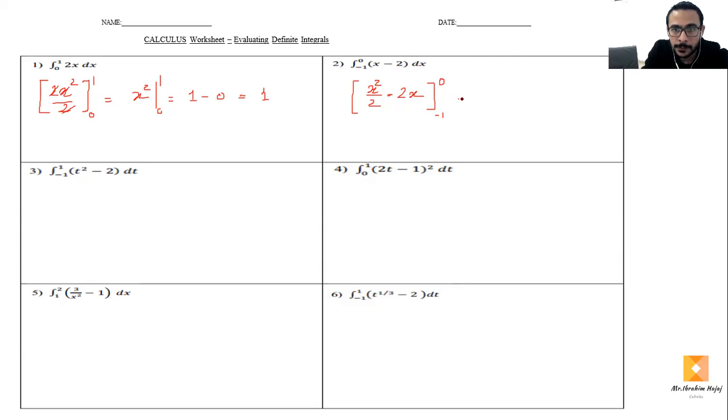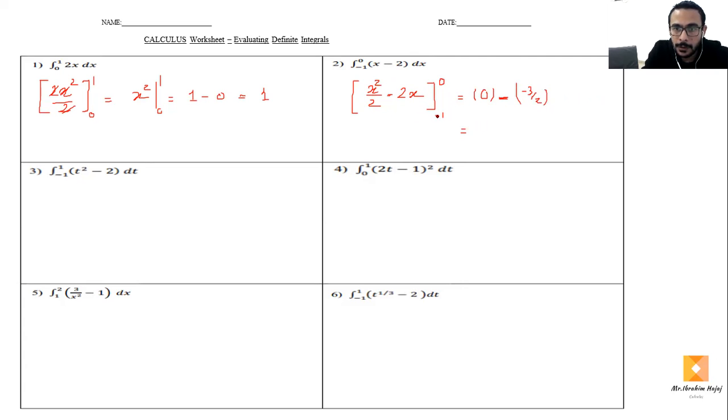We substitute for 0, it will be 0 over 2 minus 0 times 2, which is 0. Minus substituting the negative 1: 1 over 2 minus 2, negative 1.5, which is negative 3 over